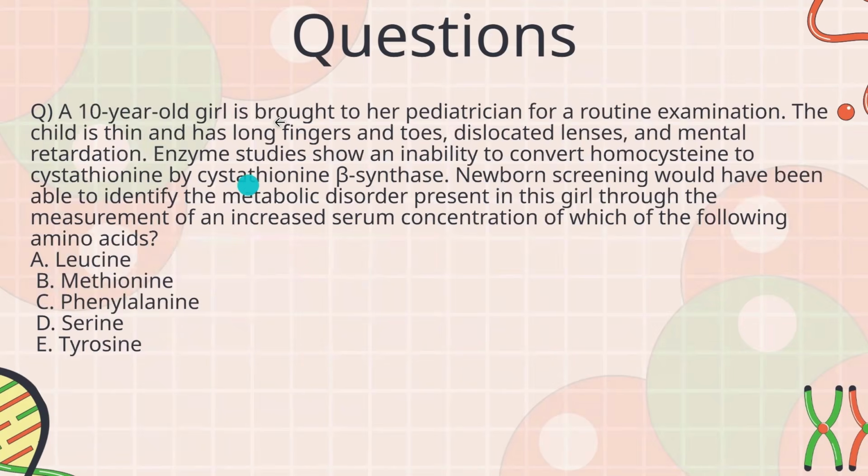Guys, I'm going to go over them quickly. You can just read this and pause, because there are a lot of questions I put in, since there are 2 lectures. Okay, so let's begin. And the answer here is B, methionine. Basically it's telling you about the conversion of homocysteine to cystathionine. It's going to tell you the girl has an increased serum concentration of which of the following, and it's going to be methionine, because we have increased homocysteine and methionine conversion eventually.